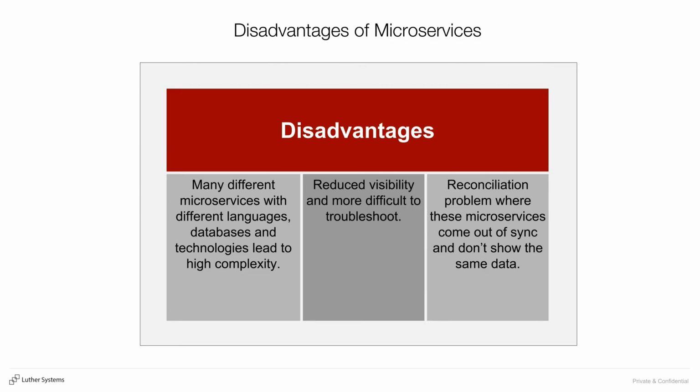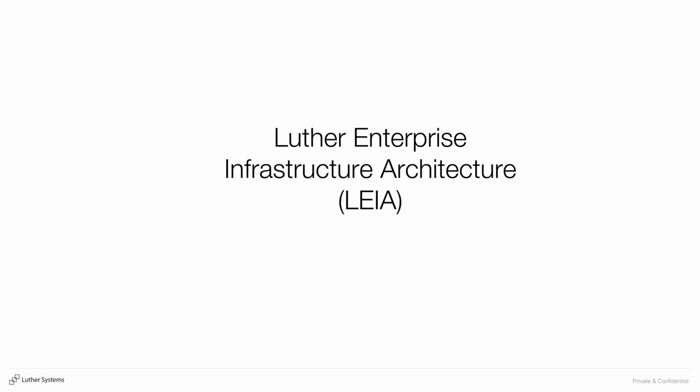And particularly when things go wrong, it can be a lot more difficult to troubleshoot and identify where the problem was introduced and what exactly went wrong, because now you have all these different technologies, these different databases, these different message passing patterns, queuing systems. And that brings us to Leia, the Luther Enterprise Infrastructure Architecture, which is a microservice-based architecture, but we're introducing blockchain